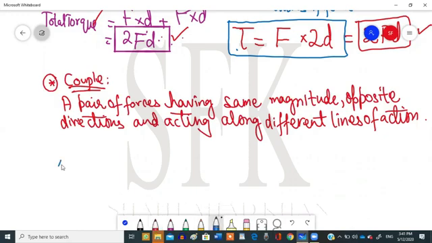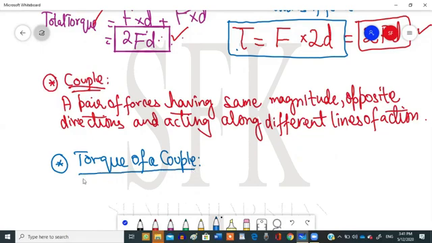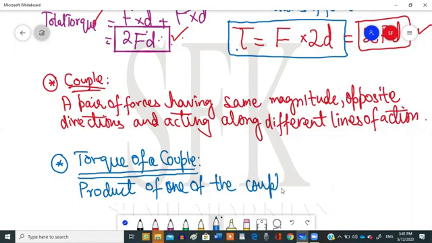And the second definition that is usually asked in the past papers: define torque of a couple. So this is pretty similar to the definition of a moment, okay? So the product of one of the couple forces, okay, not both the forces. Product of one of the couple forces means the magnitude of one couple force, not 2F, just F, only one of the couple forces, and the perpendicular distance